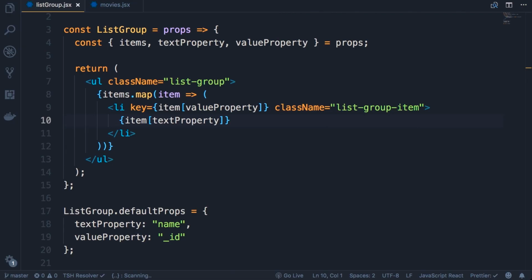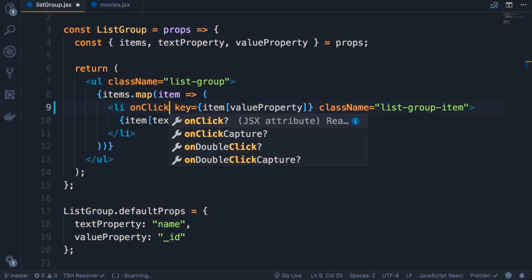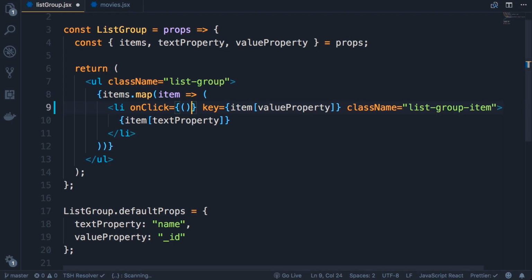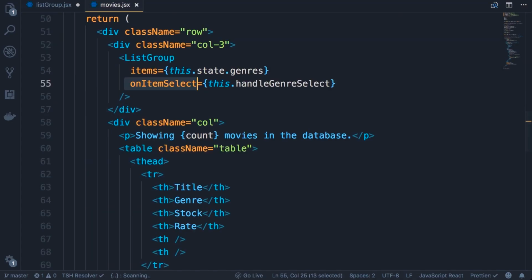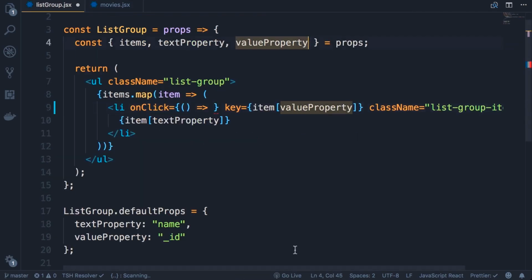All right, now let's work on item selection. So here we want to handle the onClick event of the list item and raise a custom event called onItemSelect. So onClick, we set it to an arrow function, and here we're going to call the onItemSelect prop, because earlier in the movies component where we used our list group, we passed this prop onItemSelect. So back to our list group, on the top, we should extract this property from our props object